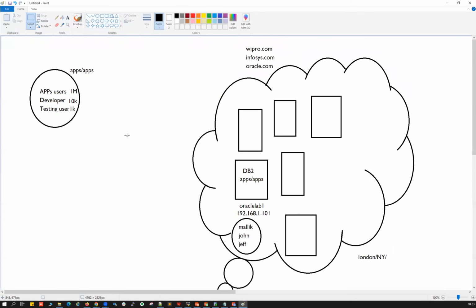Your application user, I can directly create a user, and for the application users, I can create their username and password inside my database. I can give the TNS details. They can use any client tool, any client software, and they put all the TNS details into that client tnsnames.ora file, or they can manually give all the details at connection time. And then they are able to connect to my database, and they are able to operate it.